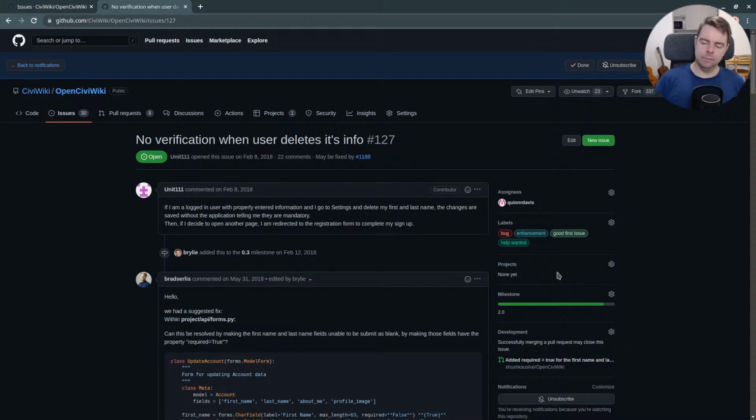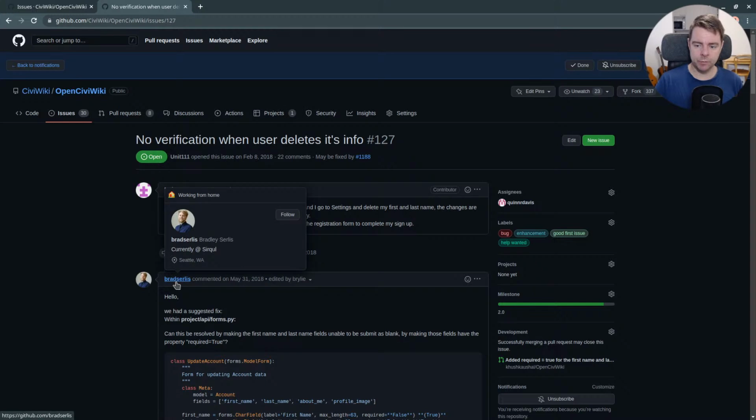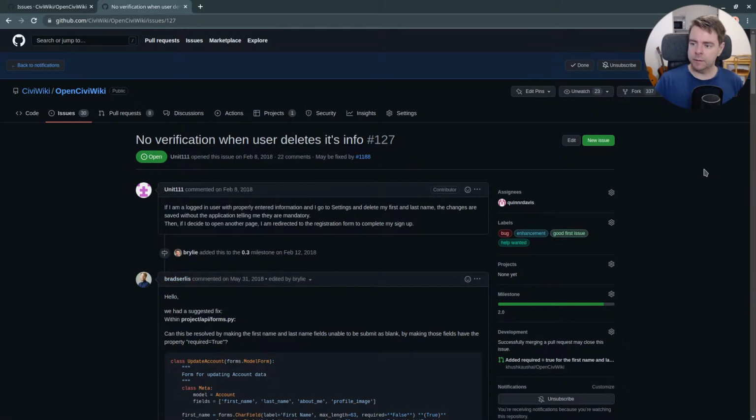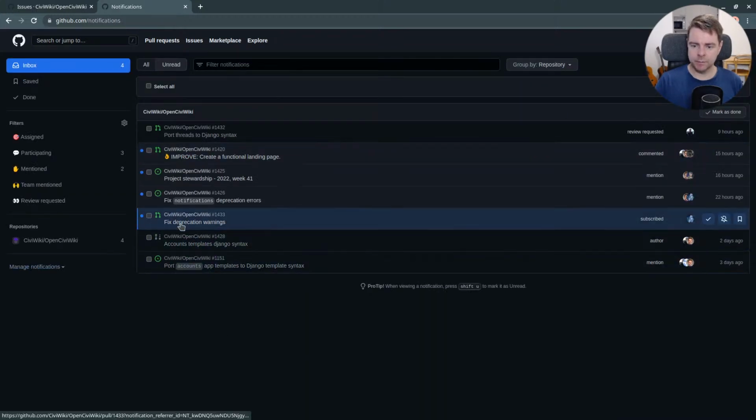My rationale for this is, again, that the account model should just be the information needed to log in, which is primarily a hashed password in the database, as well as whatever the username field is. In our case, I think we're using email only. I don't recall if we're using username, although, as can be demonstrated here on GitHub, username can be really useful if you want to mention somebody with at-mentions, which CiviWiki may want to support. So any other details, biographical or otherwise, should exist on the profile.